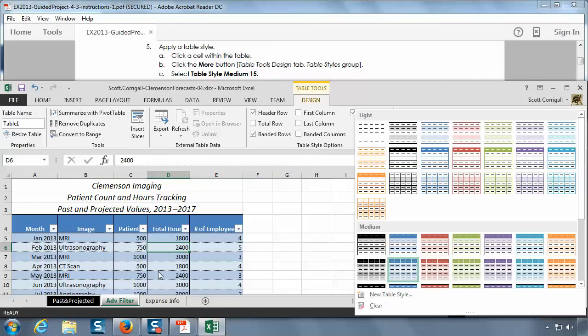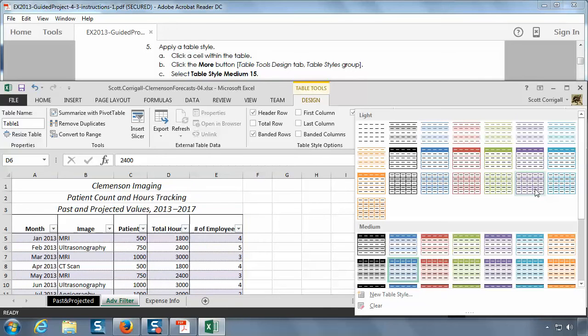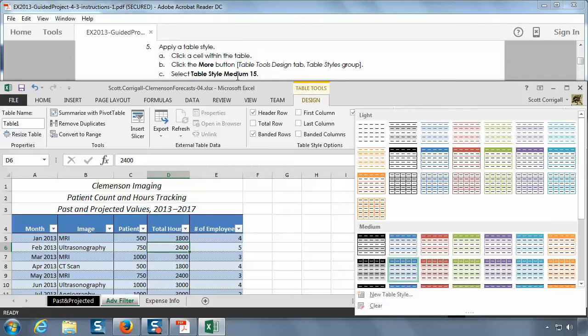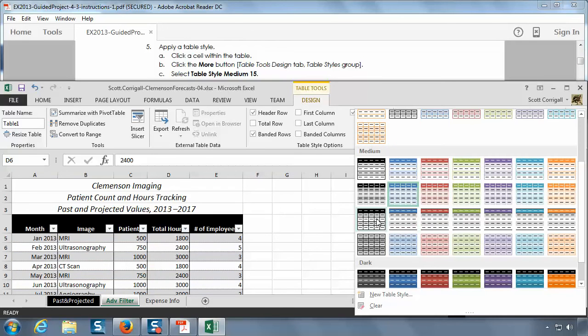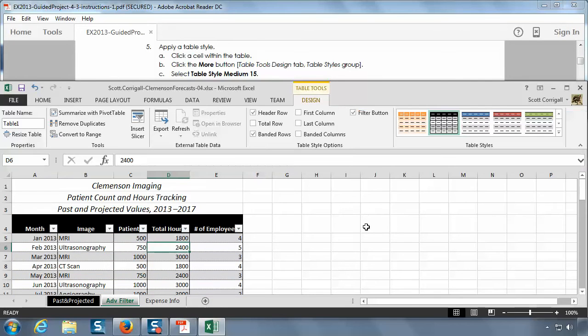This is how we had it set up by default, but each of these, by hovering over, we can preview ways to make the data look differently. It asks us for 15 from medium. Here's the mediums, and we want 15. I just got lucky knowing that this was the 15. I wasn't positive in advance. But when we click it, we get a preview on the left side of what it's going to look like the moment we choose 15. We don't have to stay there, but the instructions tell us to, so we'll click that,